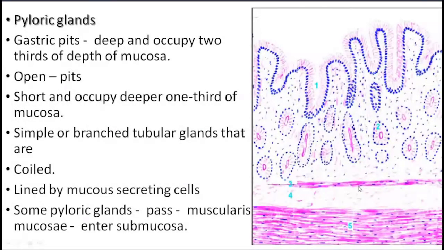Then the muscularis externa. At the start we saw that in the stomach you will get an additional layer, that is the oblique layer. So here you get three layers of the muscularis externa: the oblique, circular and longitudinal. So this is all about the histology of the esophagus and the stomach, the fundic part and the pyloric part.